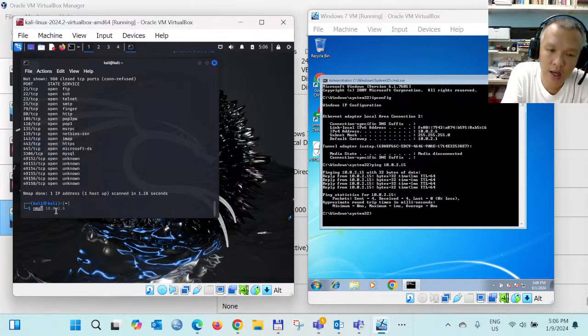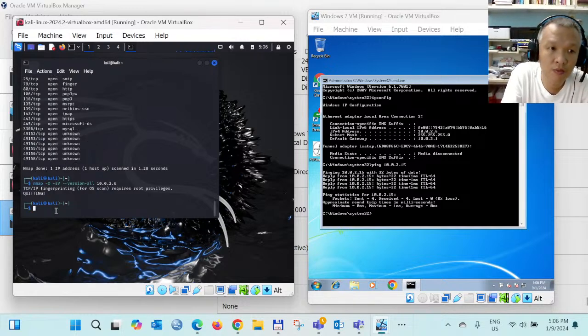Nmap -O -sV --version, then 10.0.2.6. Oh, okay. It seems like you need more privilege. What if I put sudo